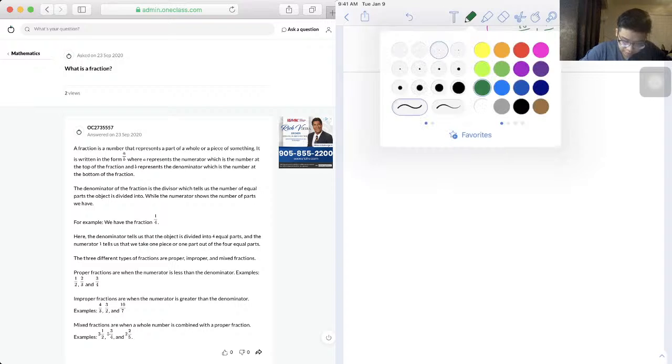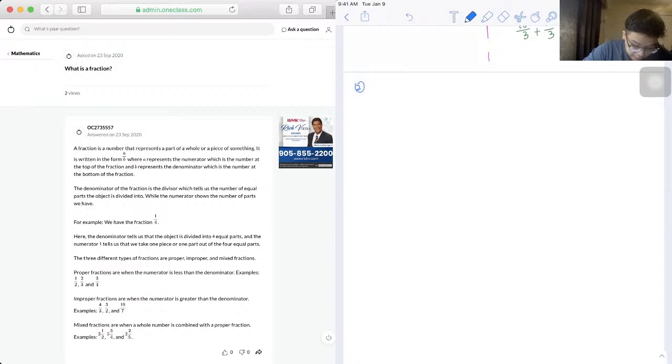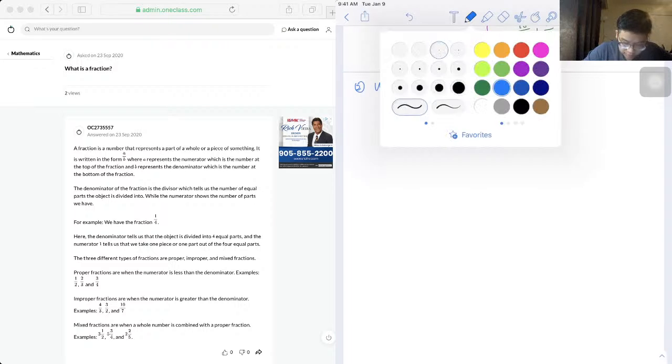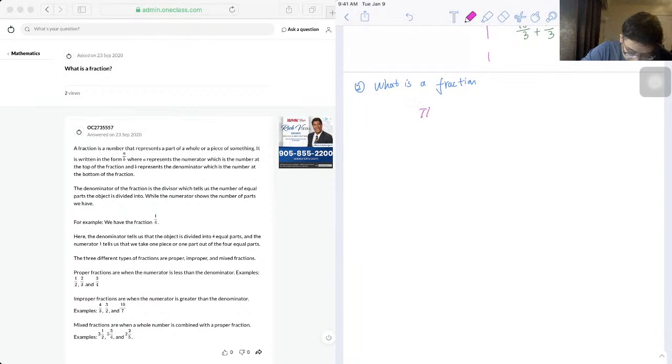Okay, so coming up, we have our second question. It asks us, what is a fraction? So a fraction is a number that represents a part of a whole or piece of something. So it is written in the form, I'll just use point form to explain this question, the form A over B,